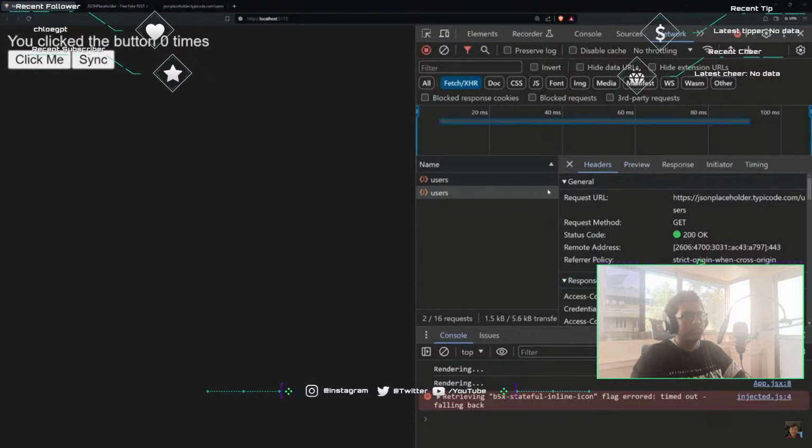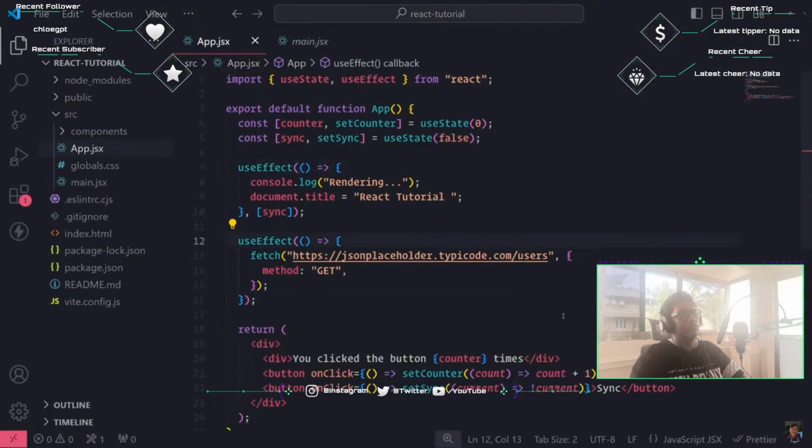Remember what I said earlier, that your useEffect hooks are going to be invoked twice. Because we are rendering the component twice, it's going to cause our useEffect callback functions to be called twice as well, because every single